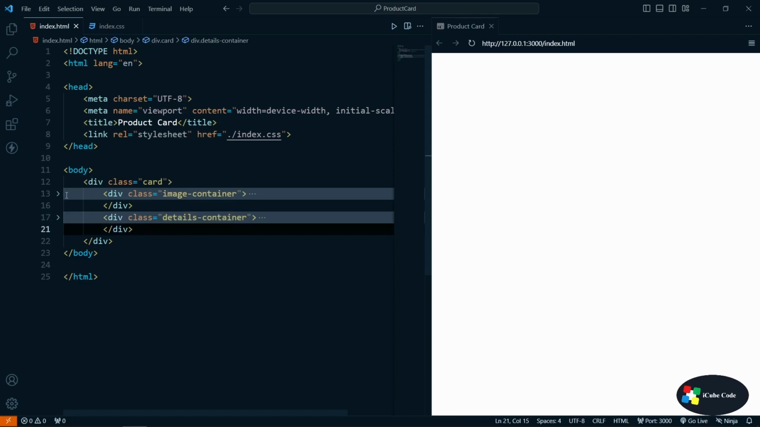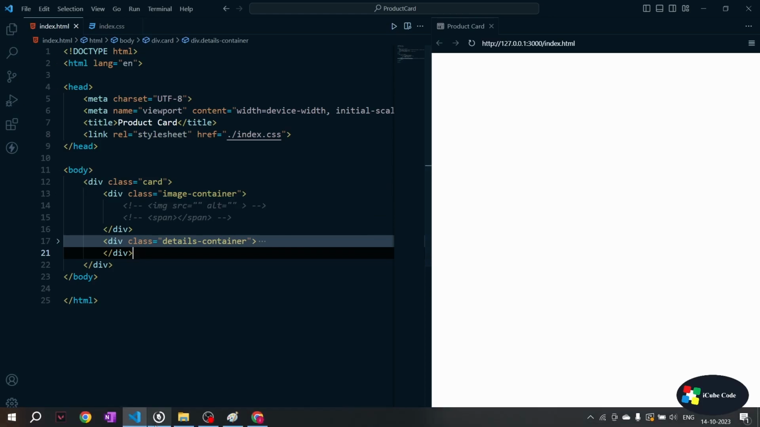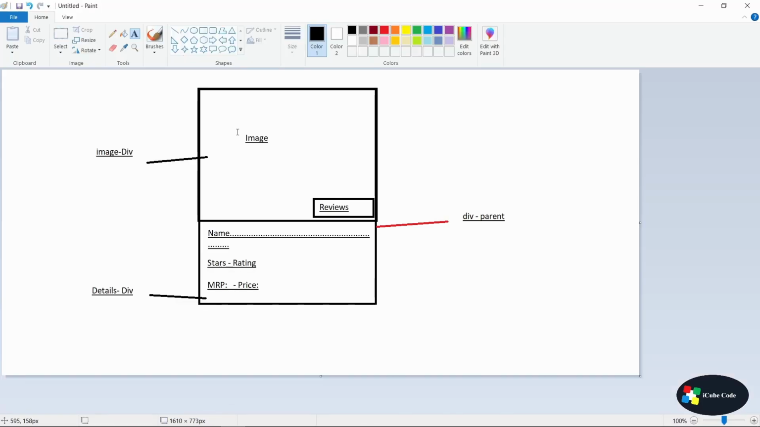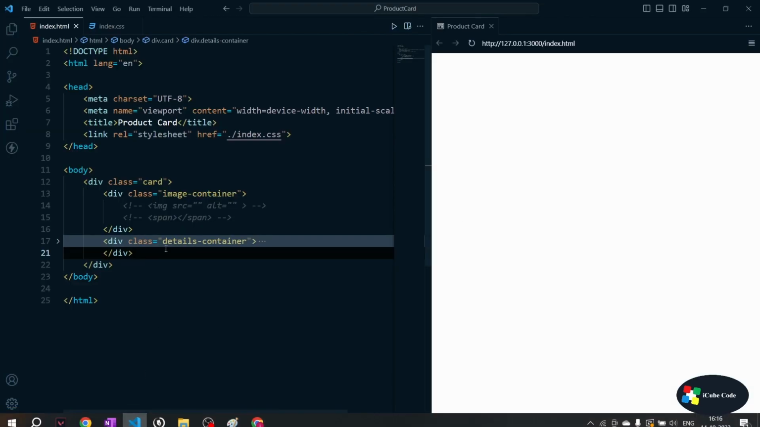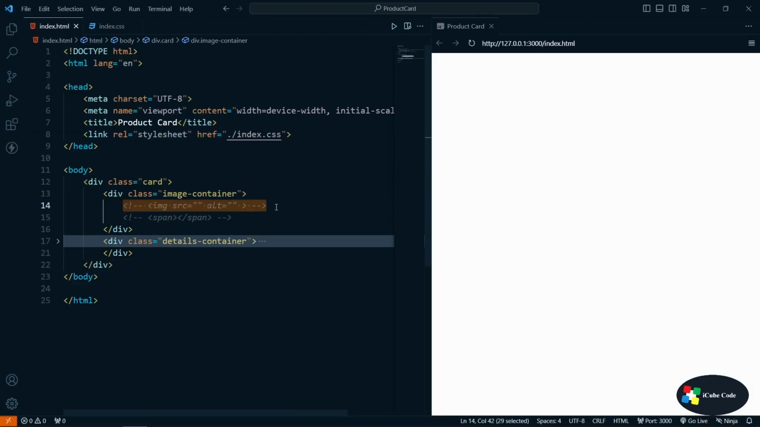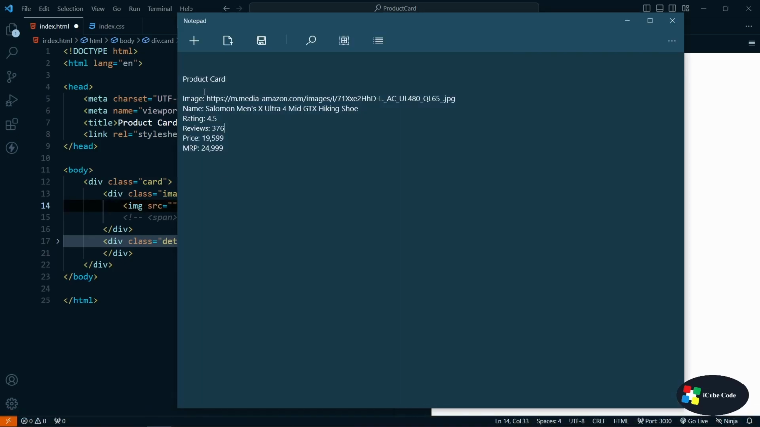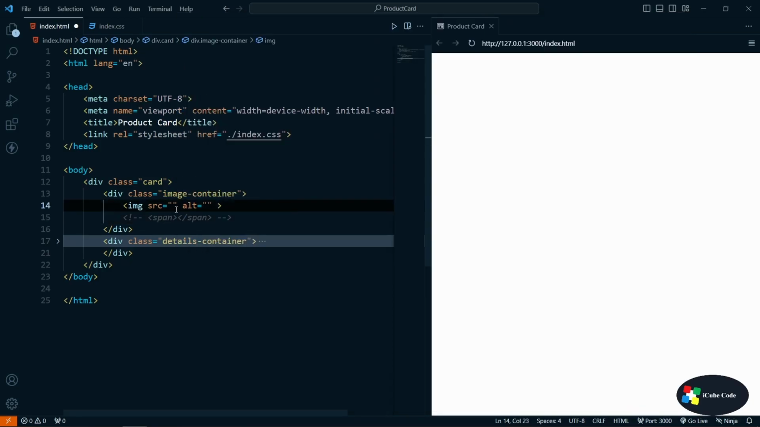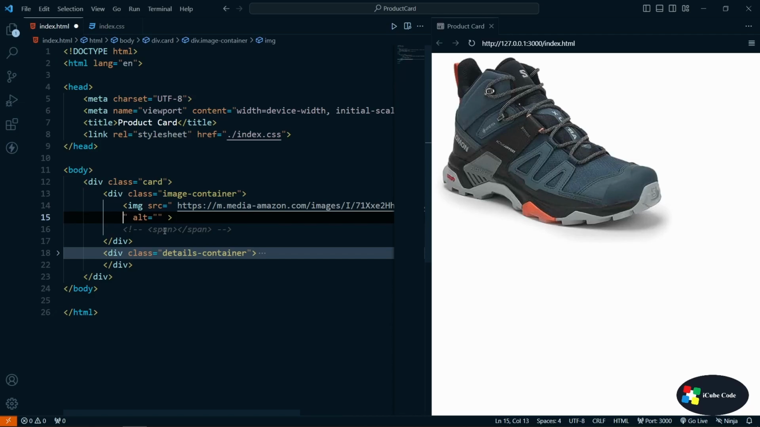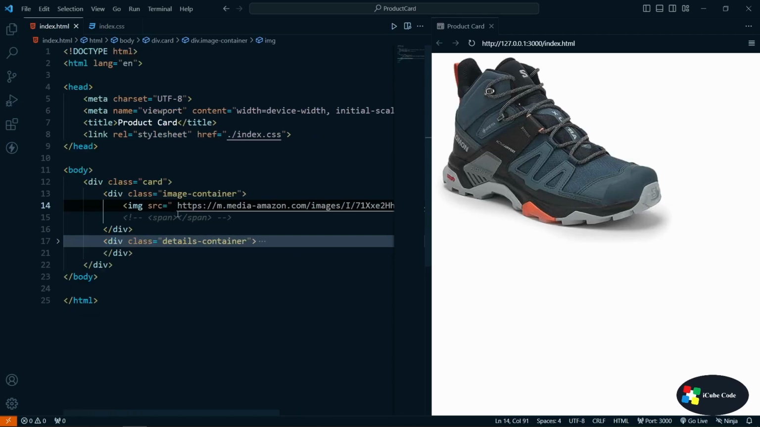And if we open the image container in Paint, we can see we have one image and one review, which is a button kind of thing, or a tag we can say. So let's go back and enable this particular thing, which is an image tag. And I have the details over here. I'll provide this particular link here in the src, and we can see one shoe appears here. Okay, the image appears, and further